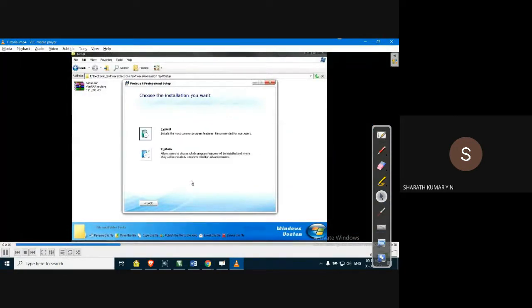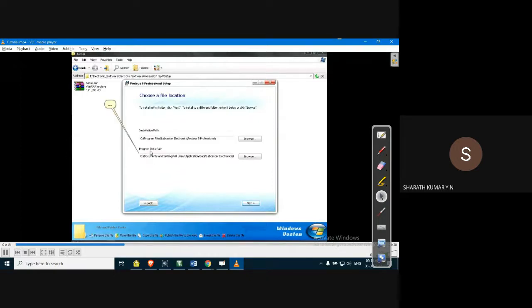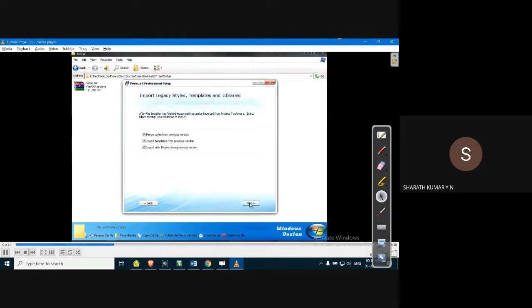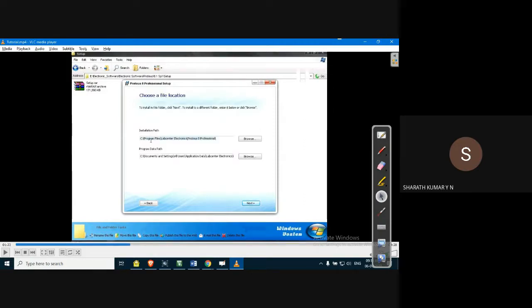So these three options you can select, and you can decide the folder where you want to install the software. By default, it is C, because C has the driver files and registry files. So better to select that. But the only thing is you can decide this location, the program data path, that you can change in case you don't want it to be in some random folder like in documents. You can modify it and change the location, not a problem. You can change the path so that you can select the location where you want to install the files.